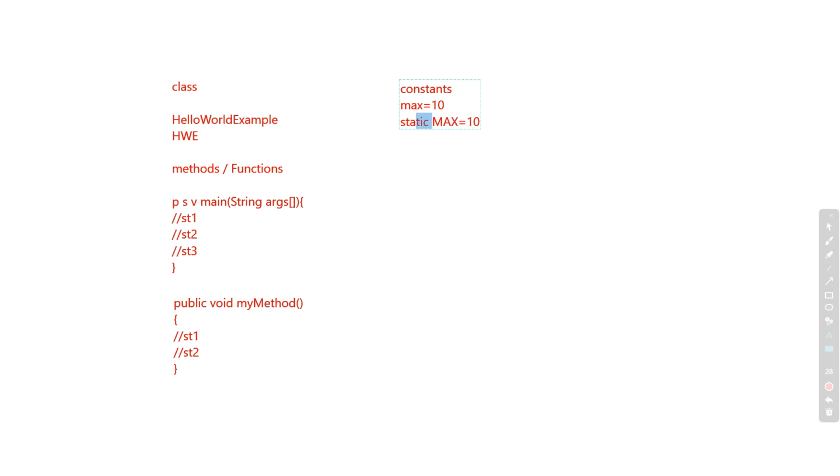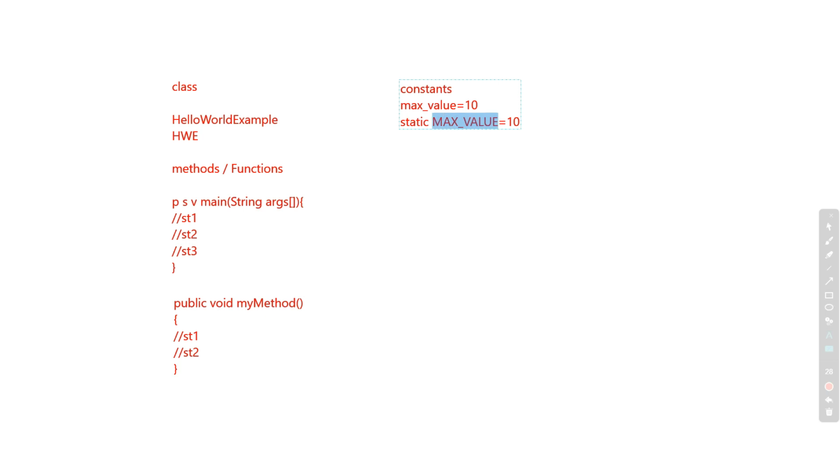This static tells that this is constant related, and I can use this value anywhere. But the name, when you use it, while looking at it, should be all in caps letters. If I have another one, max value, it is better to maintain it the same way, everything in caps.